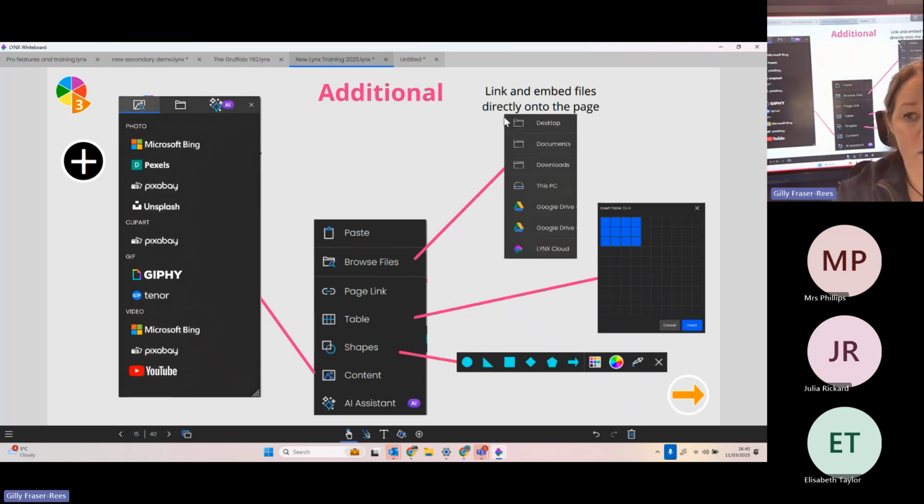I can browse files, so I can open up different files and create a link to it. I can link a page, so I can choose to link one of my previous pages to go back to. This is where I can create a table, and just like you'd use sort of in Word, you can choose the number of rows and the columns, and then you just click insert. This is where I can get my shapes, so those shapes that I use for splitting for my fractions or my table and things like that. Got the circle there and square or rectangle there that you can use,